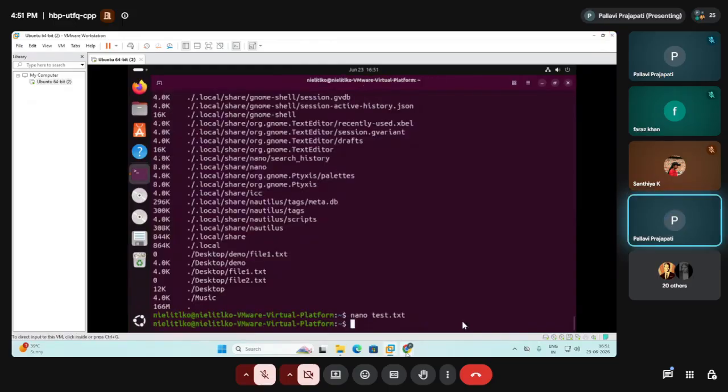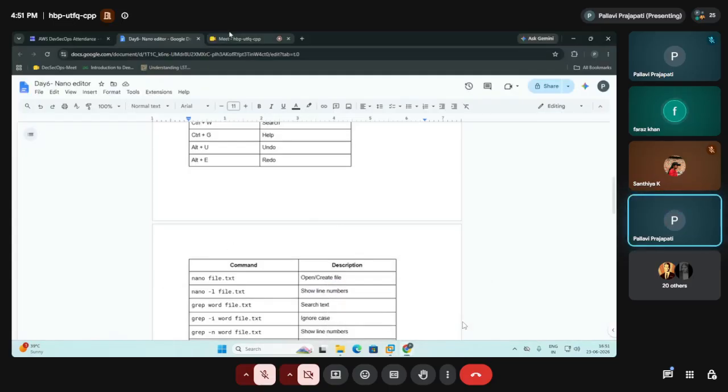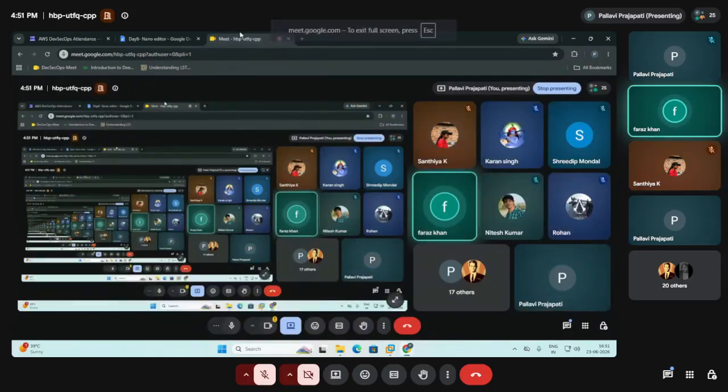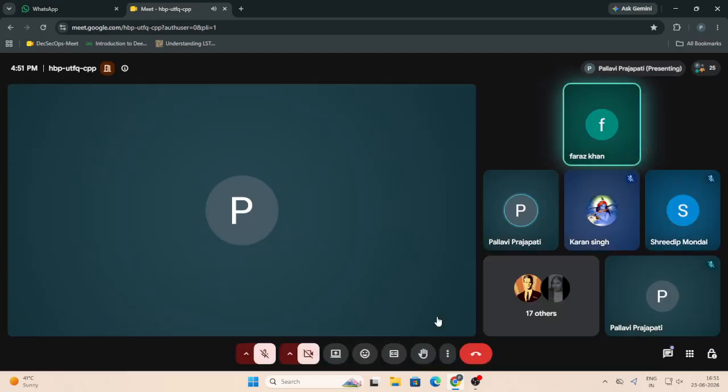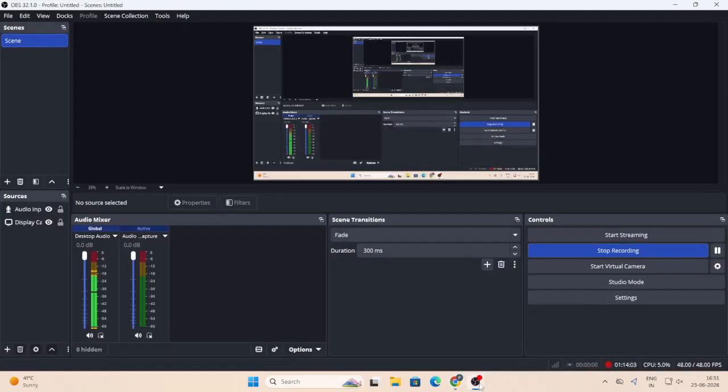Okay, so thank you. Ma'am, can we use CentOS besides Ubuntu? Yes, yes, you can use anything. You just need to have